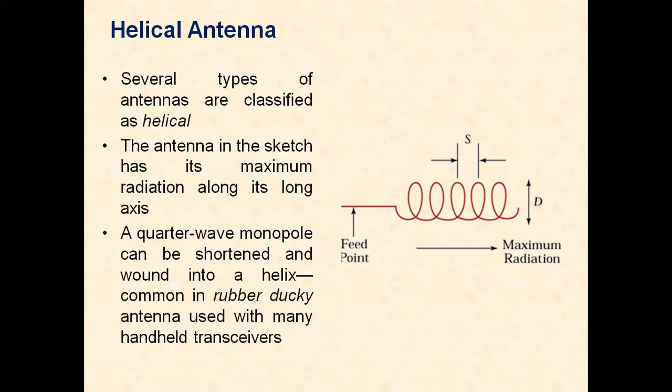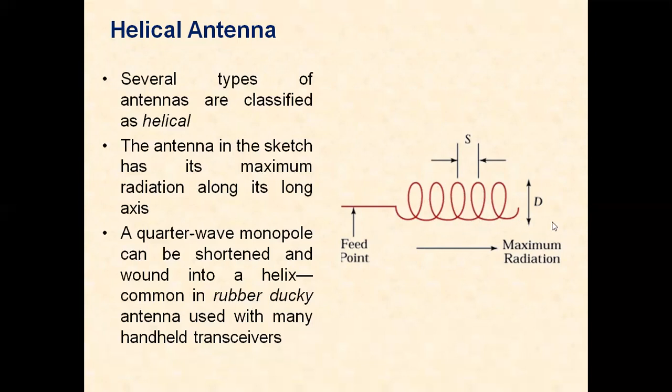The radiation pattern of this antenna has one major lobe and several minor lobes. Because of this, the helical antenna can be used as a VHF, UHF, and microwave antenna. In the case of satellites, the helical antenna is most widely used for satellite tracking, as a broadband VHF and UHF antenna to provide a circular radiation pattern. The construction is made in the form of a circular loop like this. So, in the helix, we have a number of turns.